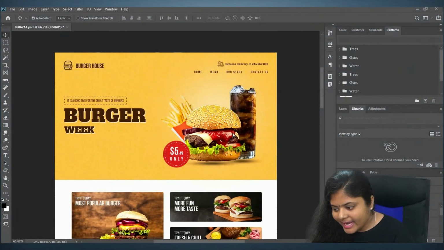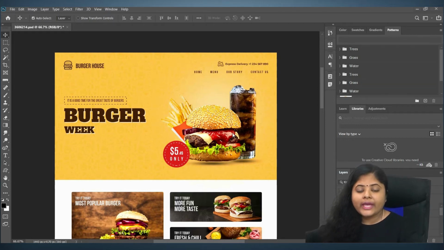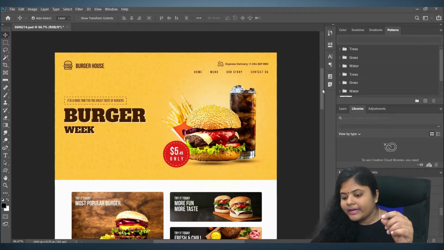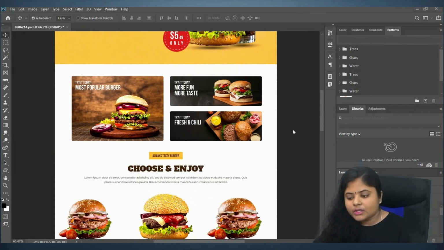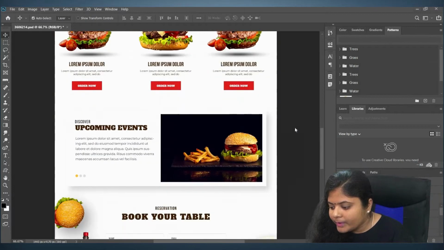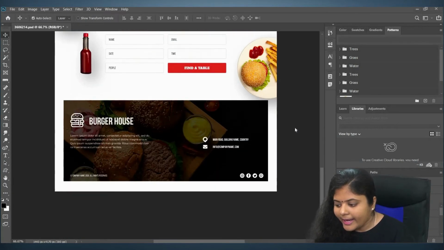So see here, this was the website design. This is only the home page design I have created. According to your data in a home page, you can set the height of the image. Okay, you know how to create height, right? After clicking on new, you can give height and width according to your need.